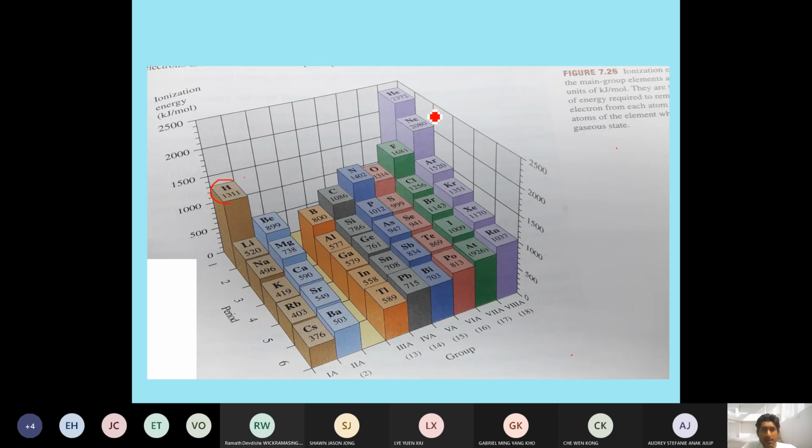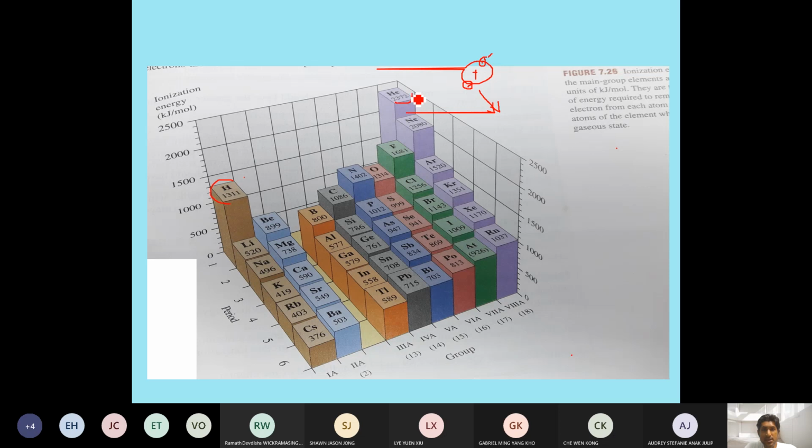So for helium is the highest one we see. It is the nucleus, it has 2 electrons. If you want to take one electron away from it, this is electron. If you want to take away one electron from the outer side, I don't know why it is happening this mark. I'm not doing it, but it is all automatically happening. So if we want to take one electron from the outer shell of this helium, we will have to